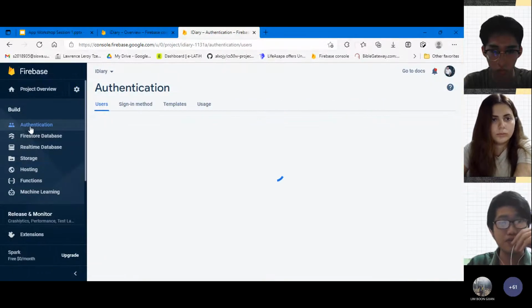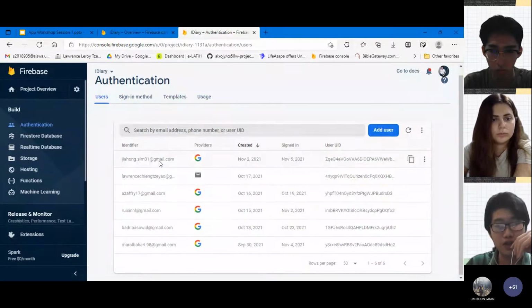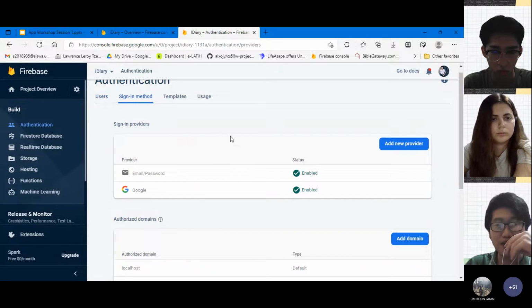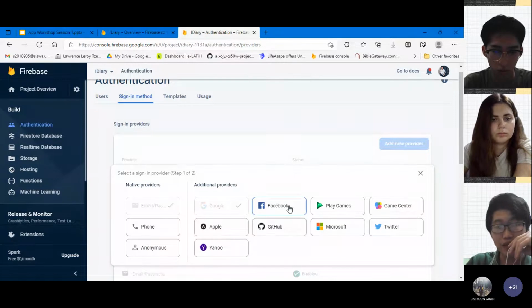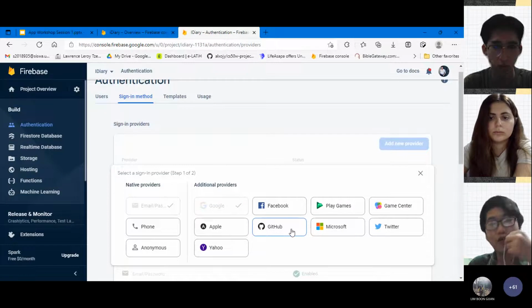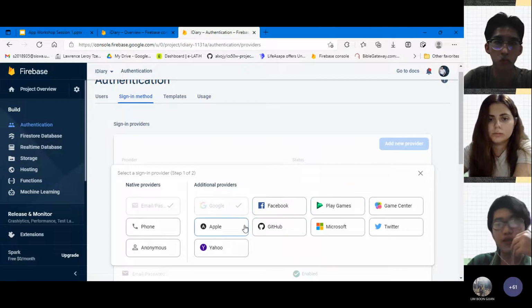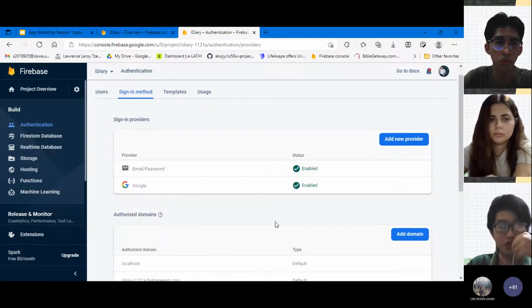So authentication, you can see here what you can control. Most users sign in via Google, and there's this Joker who signs in via email. Let's see who this Joker is. Okay, you don't want to know who this Joker is. Then you can choose some sign-in methods. You can add a new provider, like Facebook or Twitter or Microsoft, or as I said just now, GitHub. When you add these providers, then when your user signs into your app, it will prompt them to choose which provider they want to sign in with. This is really up to you.